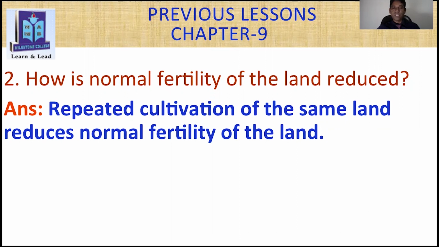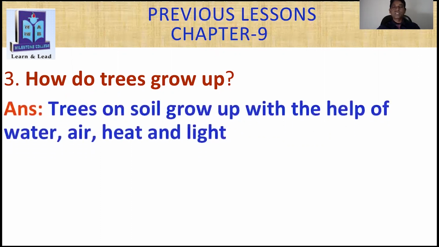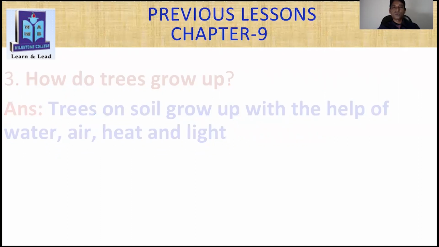Question number 3 here. How do trees grow up? Can you give the answer? Yes, absolutely correct. The answer is here. Trees on soil grow up with the help of water, air, heat, and light. So, water, air, heat, and light are the main sources to grow plants well, right? Thank you. Now, question number